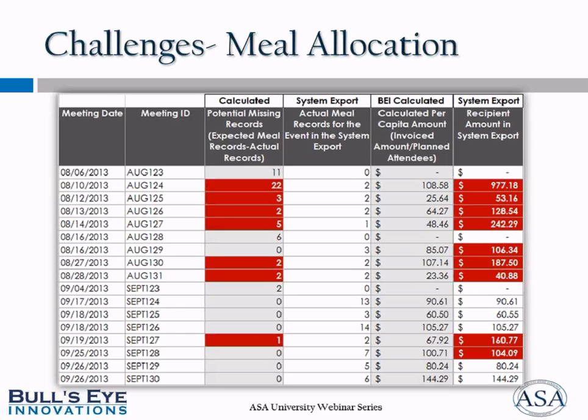Look at the information, look at the backup, see how many people actually attended, how many people were planned for, was there a minimum? You could see this detail in the receipts often. And so take this particular meeting on August 10th, where we only saw 2 reports actually in the system, in the export that we received from the system, but 24 records were expected, and so we have 22 records that were missing. And in turn, what we realized is if we did our calculation as expected,